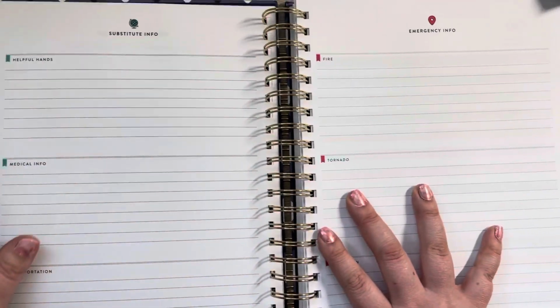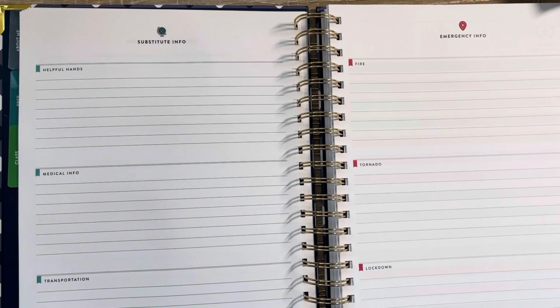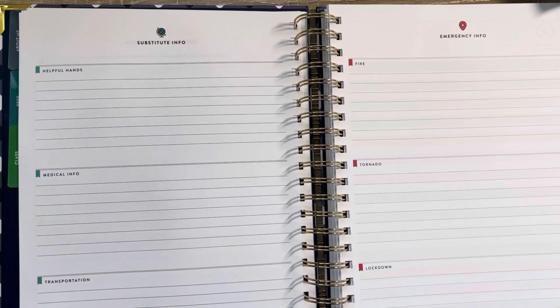Okay, then you have substitute information. I don't use this just because I have my own substitute binder. I don't really want the substitutes or even other teachers, just anyone else besides me really flipping through my planner. Not that there's anything personal in here, but I guess if I do keep student information in here, that's no one else's business but mine. And so I do have my own substitute binder that has all of this information in it,